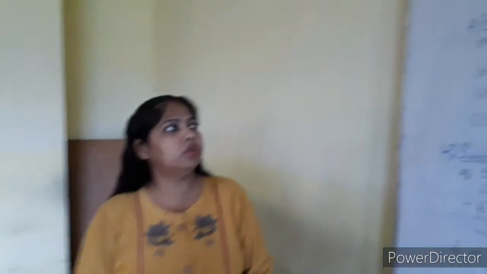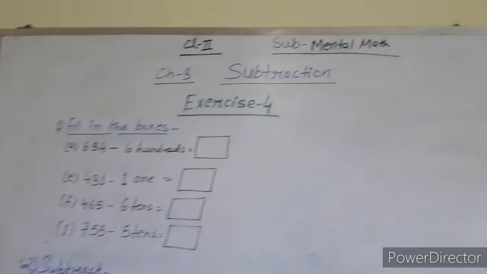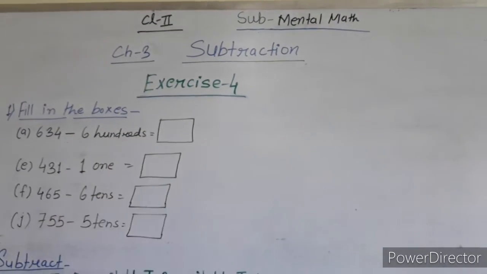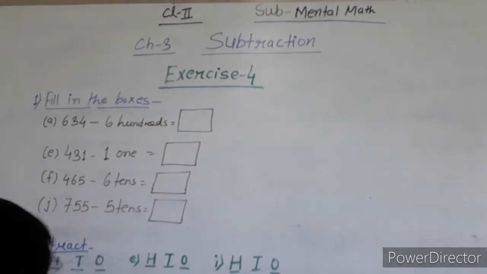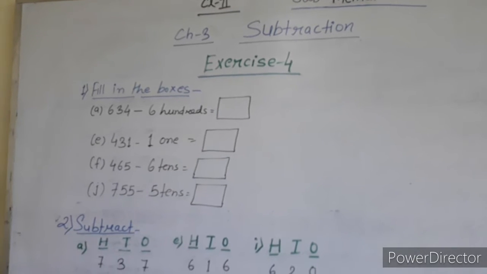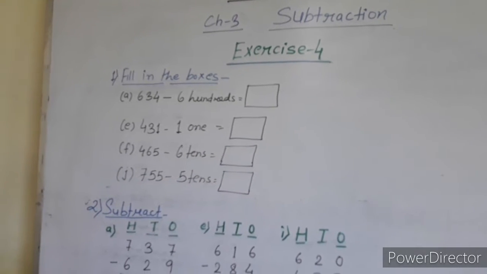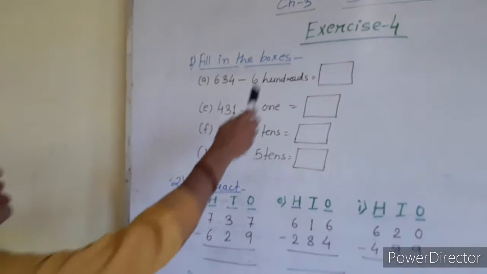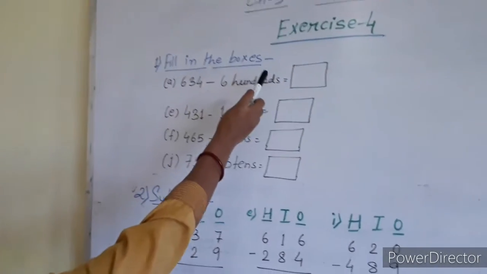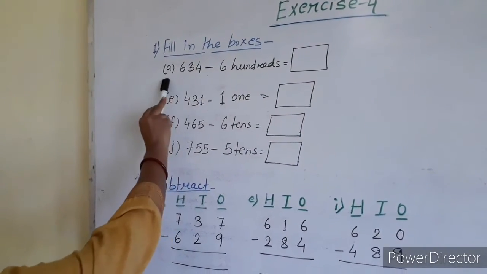Today I am again going to take your next class of subtraction, chapter 3 subtraction. Exercise 4. In the previous class I have just shown you how to do exercise 3. Now today I am going to show you exercise 4. Here, fill in the boxes. Here the question number A is